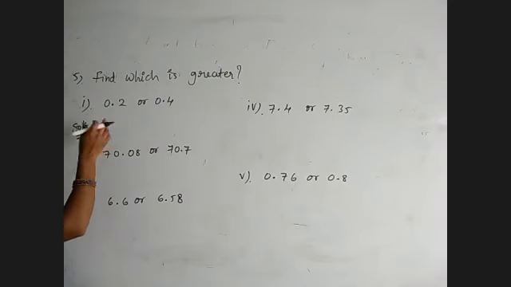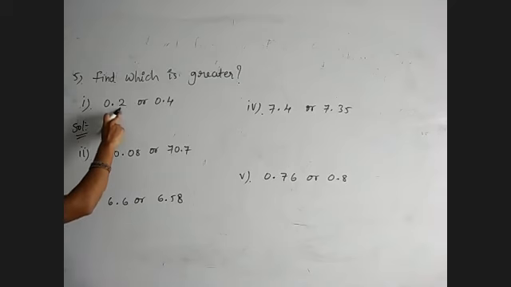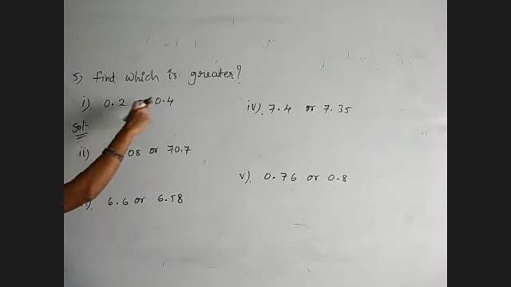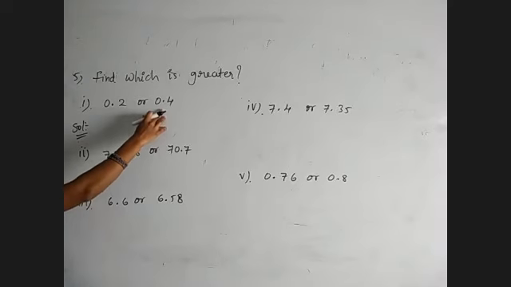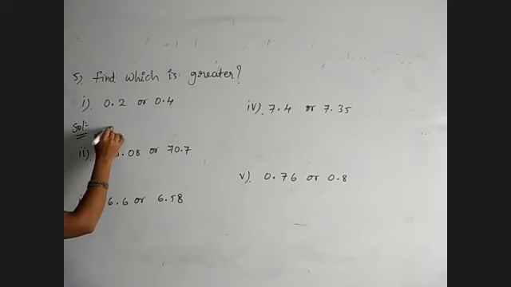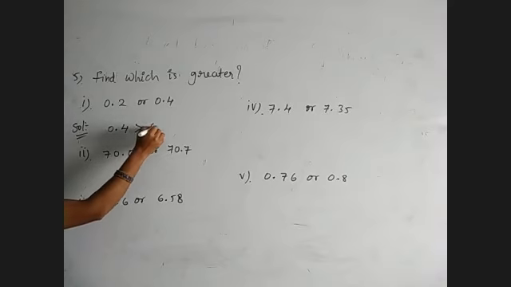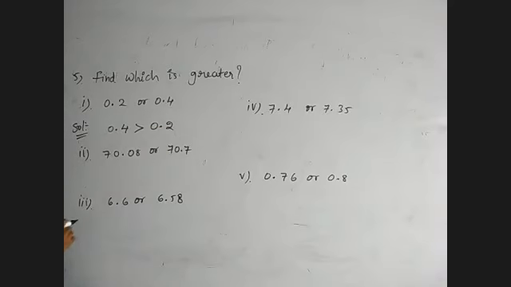When you get equal digits, then we need to go to the next place, that is the tenths place in the decimal portion. Here 2 and 4. Which one is greater? 2 or 4? 4 is greater. That means 0.4 is greater than 0.2. Which one is smaller? 0.2 is smaller, so we write it first with the less than symbol. Now coming to the second question, similarly.